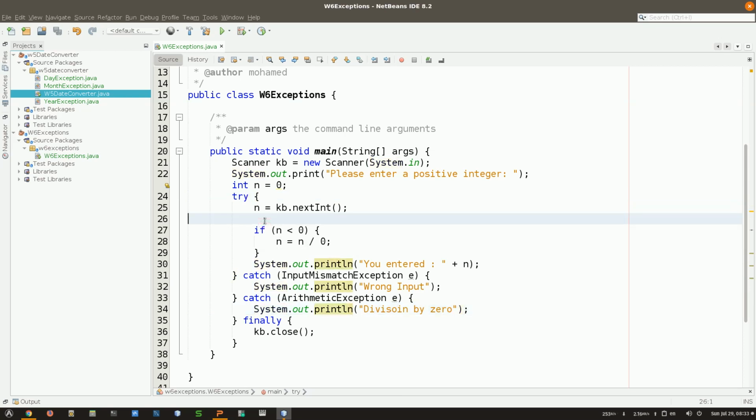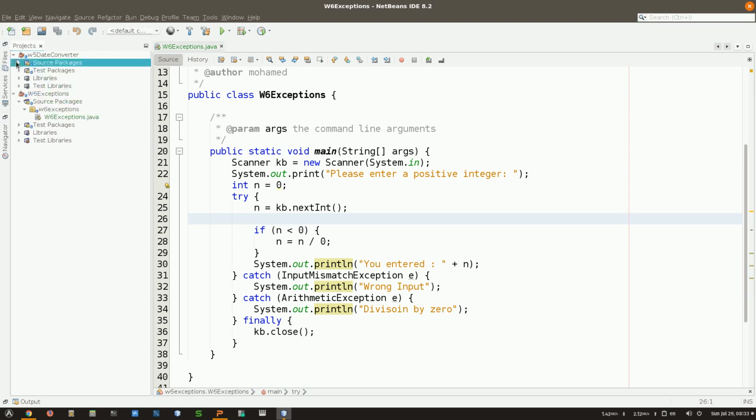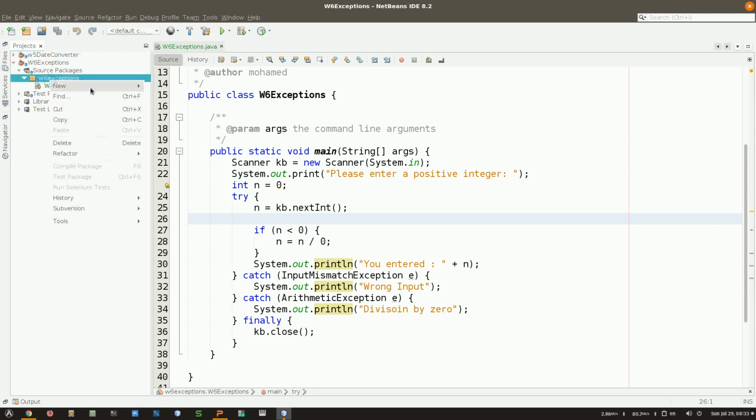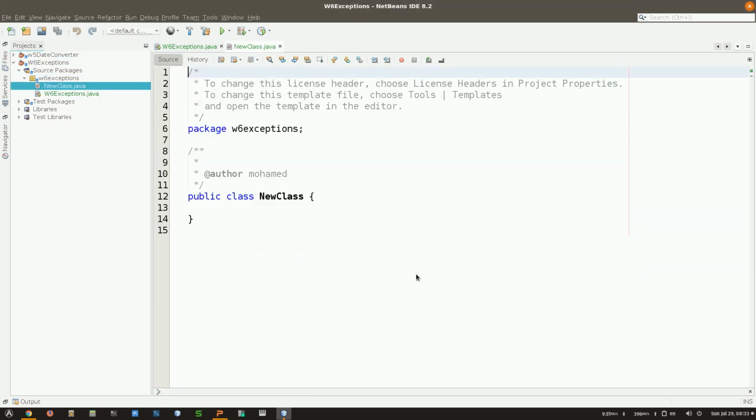Now I would like to show you one last thing about those exceptions, which is when you have classes or a method that is going to generate some exceptions. How to do that? Well, let's create a new class. In that new class I'm just having a variable, and then I'm going to have a method,